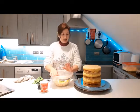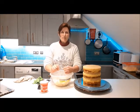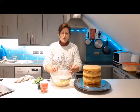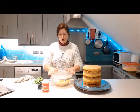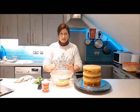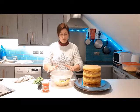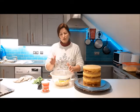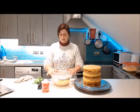When I'm actually doing normal cakes and I'm not doing a white chocolate ganache finish, I use a mix of milk and dark chocolate. And because the roads in Bournemouth are just so awful, I tend to do a higher ratio. So for this 300 milliliter pot of cream, I would do 600 grams of milk chocolate and 400 grams of dark chocolate, and that makes a really lovely milk chocolate ganache, which everybody who has my cakes loves, but it also makes a much firmer ganache without it being too strong with a bit of dark chocolate. And it does help to stand up against the awful roads that we have here in Bournemouth. So